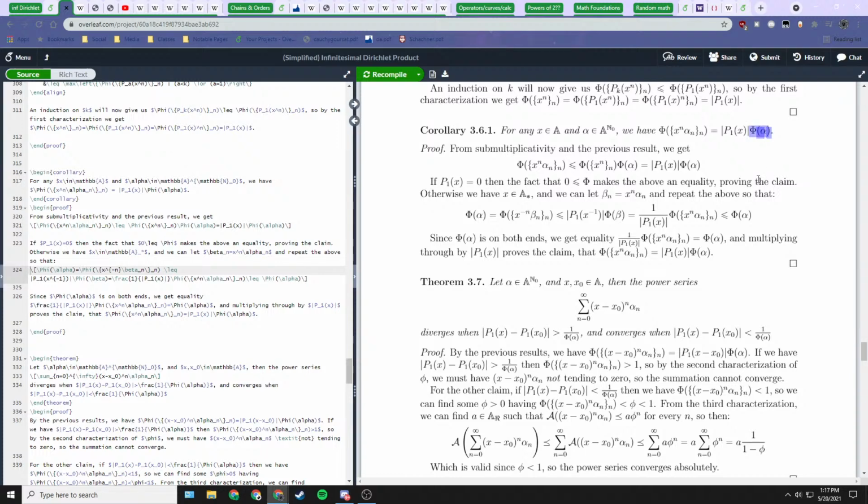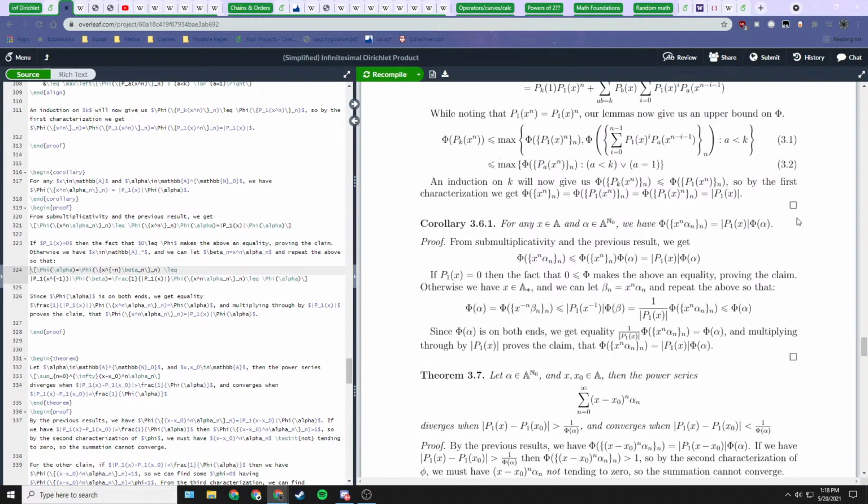So that's really nice. Not only do we have that phi of x to the n is determined by this first index, almost exactly like an exponential series for real or complex numbers, except instead of x we get p1 of x, just the first component, we also get the same characterization even if we multiply by some sequence where we might not know what alpha is. It might not be well behaved in any way, shape, or form. But whatever its phi value is, we can just multiply through by absolute value p1 of x.